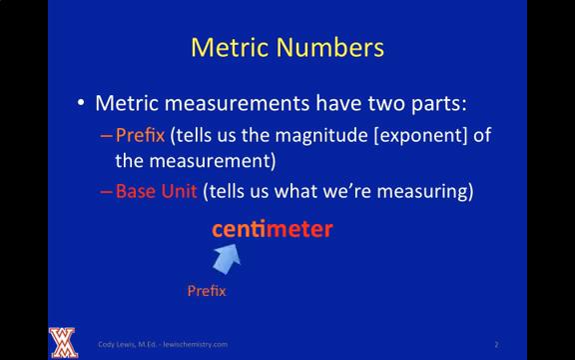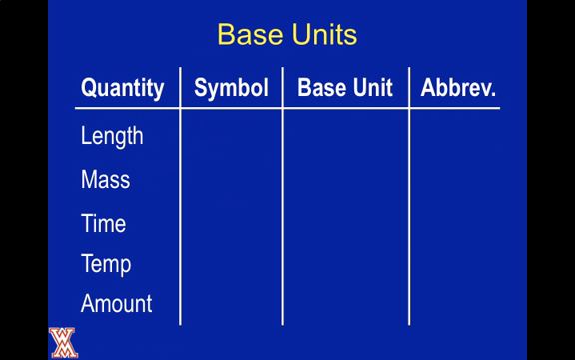So measurements have two parts, the prefix and the base unit. The prefix tells us what multiple of 10 or what exponential factor we're going to multiply by, and the base unit tells us what we are measuring. Just a brief review, the base units that we use: for length, we see the meter; for mass, we see the gram;